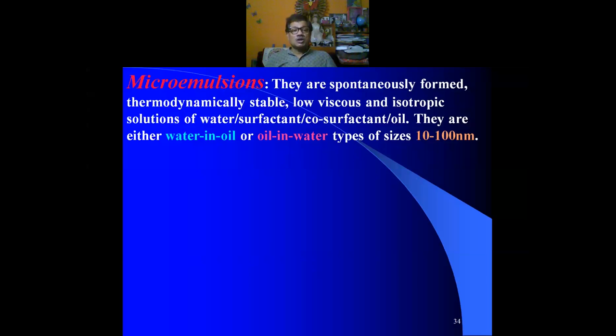You see, just please bear with me. So what are microemulsions? Microemulsions are spontaneously formed, thermodynamically stable, low viscous, anisotropic solutions of water dispersed in oil or oil dispersed in water with the help of a surfactant and co-surfactant. So when I define a microemulsion like this,